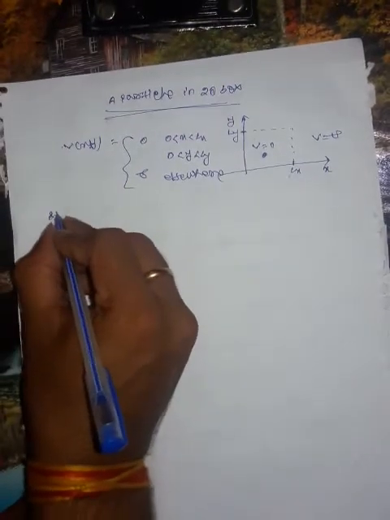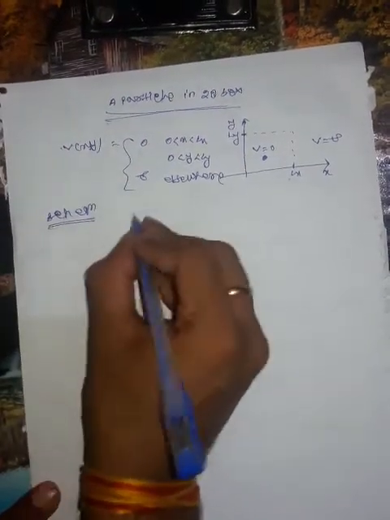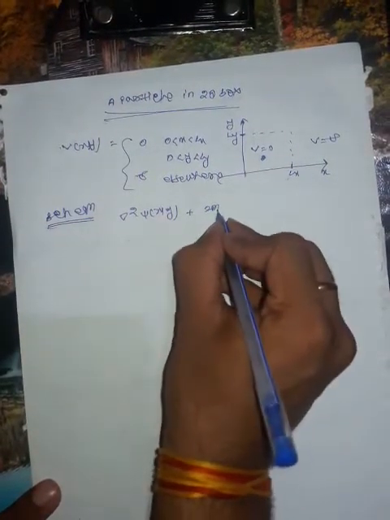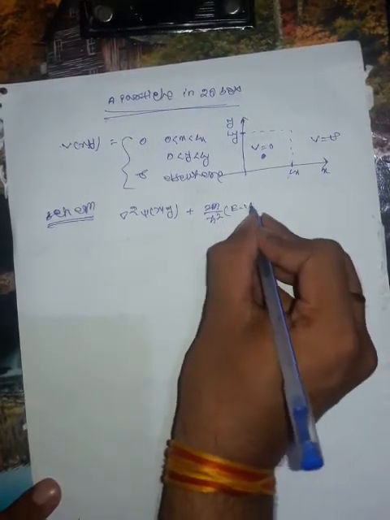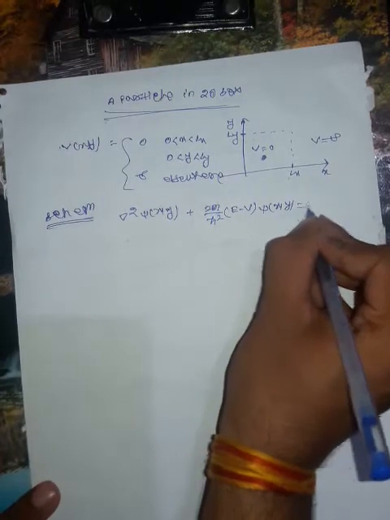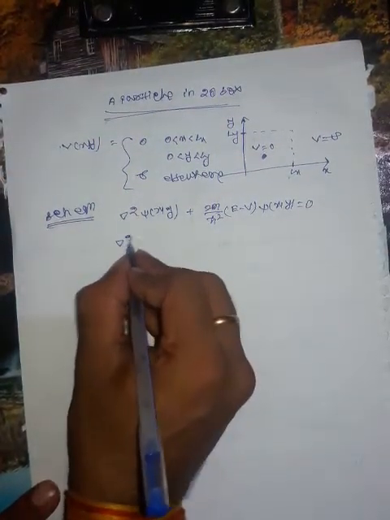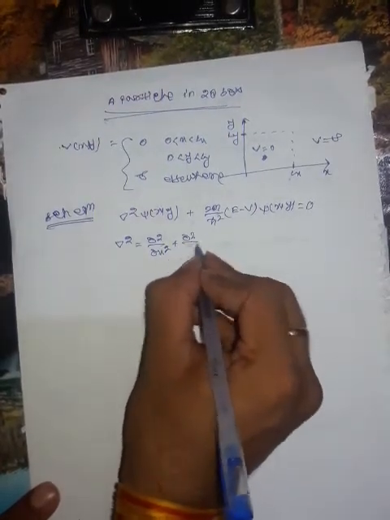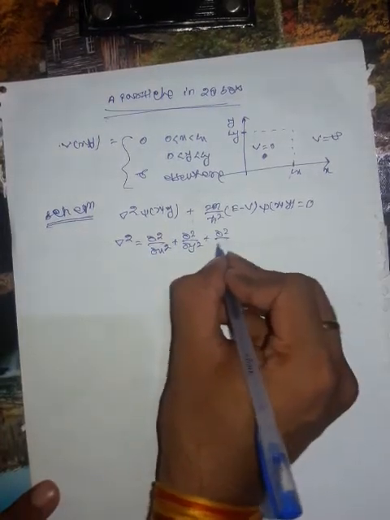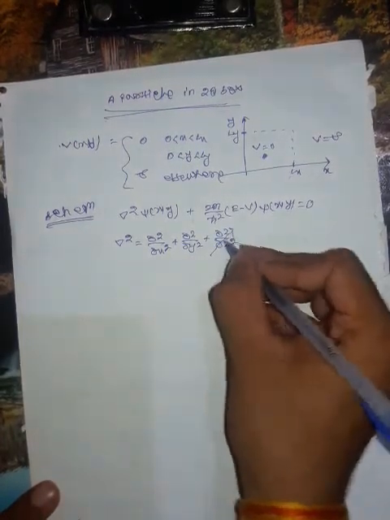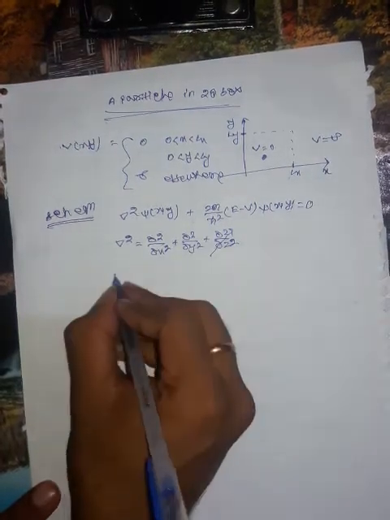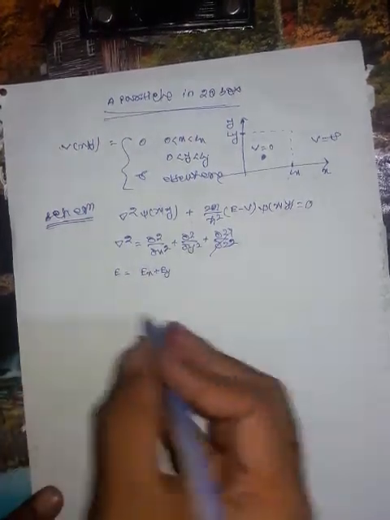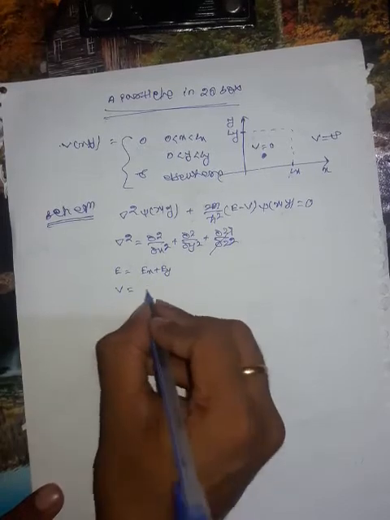So the time independent Schrodinger equation can be written as, we know already, del square psi of xy plus 2m by h cross square (E minus V) psi of xy is equal to 0. Already you know the value of del square. Del square in the Cartesian coordinate system is dou square by dou x square plus dou square by dou y square plus dou square by dou z square. Here there is no z coordinate, so the z coordinate becomes 0. Again the energy we can write as Ex plus Ey. The z coordinate becomes 0. That implies inside the box V becomes 0.